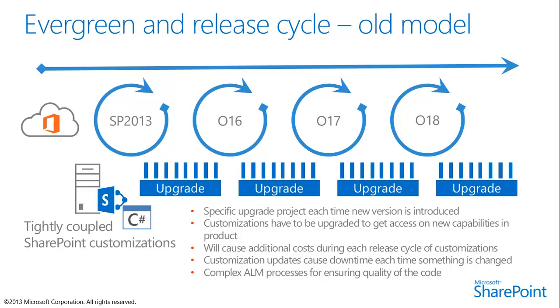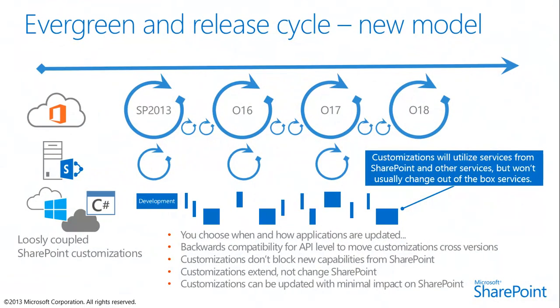We can't keep doing the same stuff across all of the versions. The economic situation across businesses is such that it's no longer justifiable. You can't justify an upgrade project every second year. At the same time, you need to be able to introduce new capabilities to your intranet in a more frequent manner. So we need to find an alternative solution to introduce new capabilities without impacting the release cycle within SharePoint. And that's what the cloud application model, the new model, is all about.